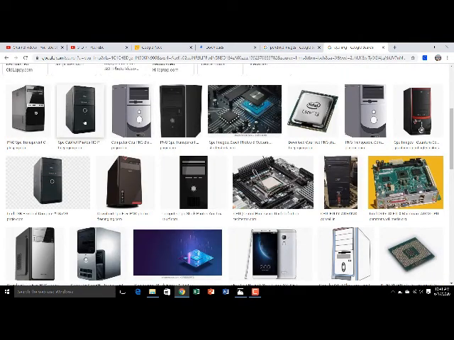Actually, the name of this box is not CPU. This is the name of the cabinet, and the CPU is this Intel Core i3. This kind of image shows the hardware components. This is the CPU. The actual name of the processor is CPU, Central Processing Unit. It is the main part of the computer, and you can attach it here on the motherboard.